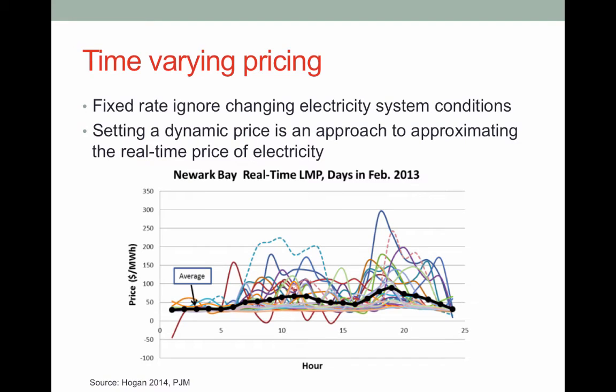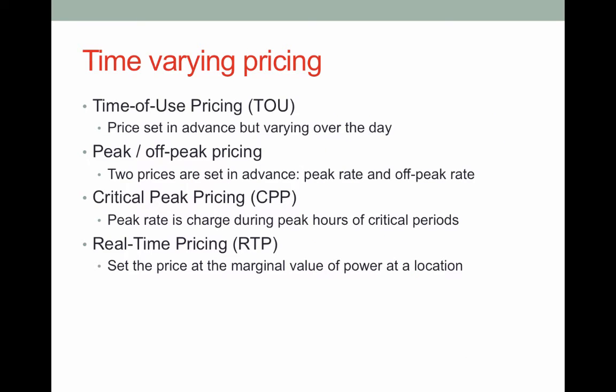Fixed rates ignore the changing electricity system conditions. We may want to set the price on a dynamic scale so that we can approximate the real-time price of the wholesale electricity market. To do that, we can have two sets of electricity rates, a peak rate and an off-peak rate, so that we can have a higher electricity rate during peak hours of the day and a lower rate for